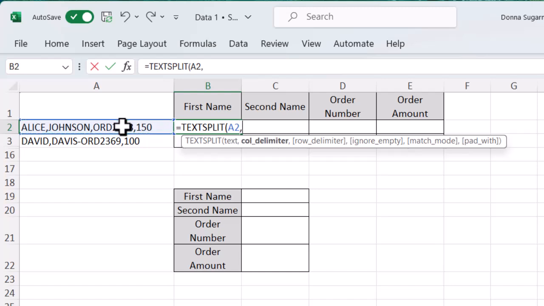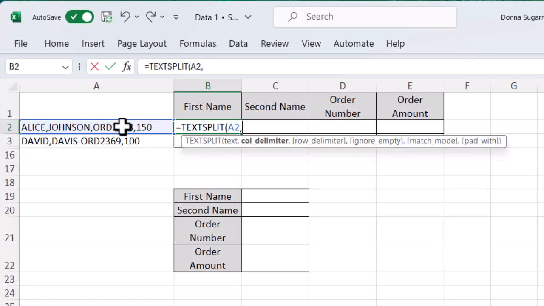Now, remember I said you could split this horizontally or you could split it vertically. So when you do it horizontally, you split it up into columns. So you can see I've got B, C, D, and E as different columns, and I've broken up my data. Row delimiter is if I want to split it up vertically, and that's what I'm going to do for the second example. You can see that slightly further down in the spreadsheet. So you only need to do either or, the column delimiter or the row delimiter. Because I'm doing the column one,